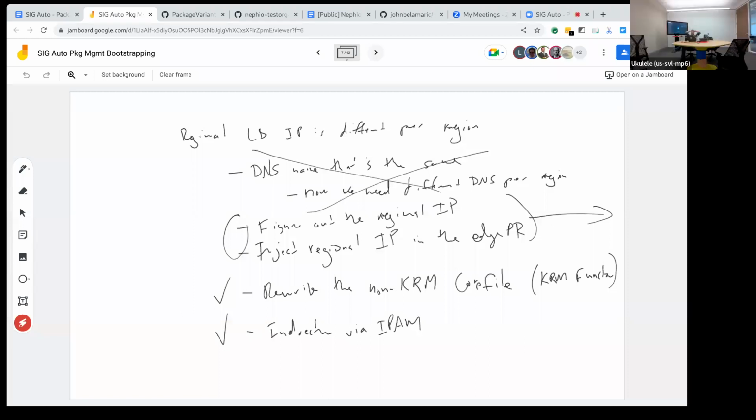Those could be resolved in different ways. A namespace could be resolved by a human going and creating the namespace. It could be resolved by deploying a separate package that creates namespaces. It could be resolved by inserting a namespace resource directly in this package if you have the authority to do so. So you're right that when we get to resolving package dependencies, there may be multiple ways to resolve them, and there has to be some way of deciding which is the right way in any given case. That may be a human, it may be some sort of automation or policy, and I think those are all huge questions that we still have to answer.